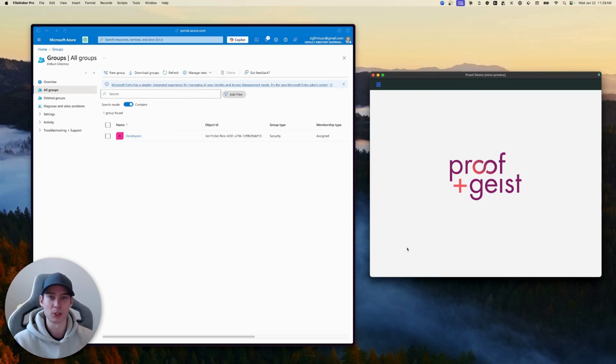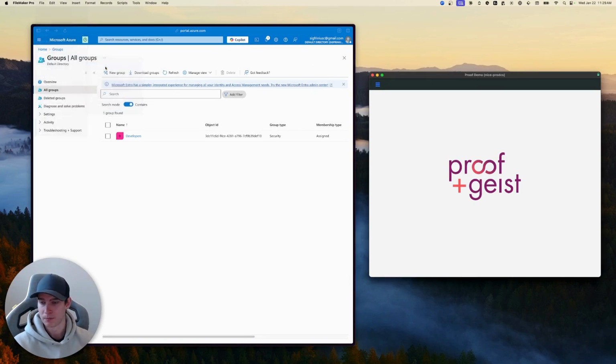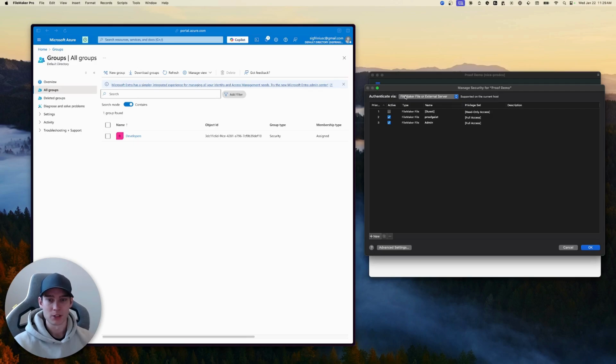In this video, we'll be going over the final steps, which are going to be configuring your FileMaker Security Manager correctly to allow that group to sign into your FileMaker solution. So as you see here, I've got my FileMaker app open, Proof Demo, and we're going to open up the Security Manager. We'll then want to select Authenticate via Microsoft Azure AD, and then we're going to add a new